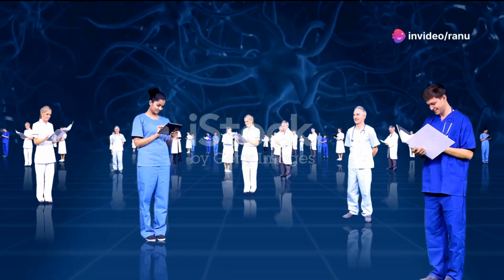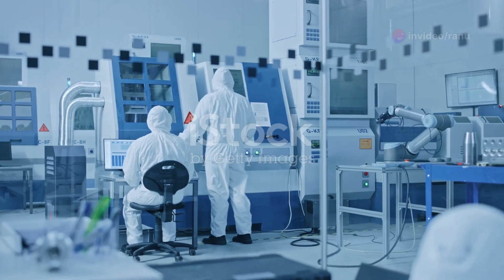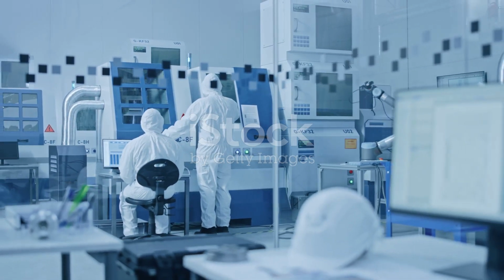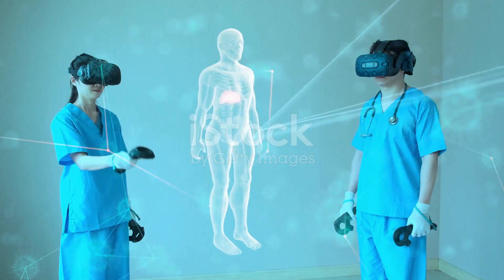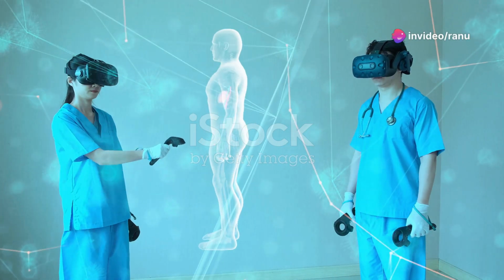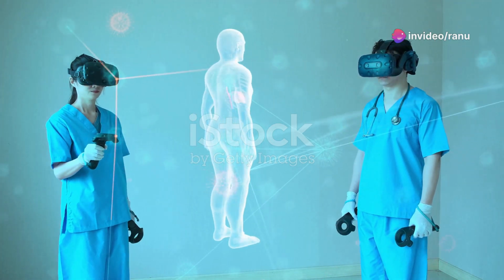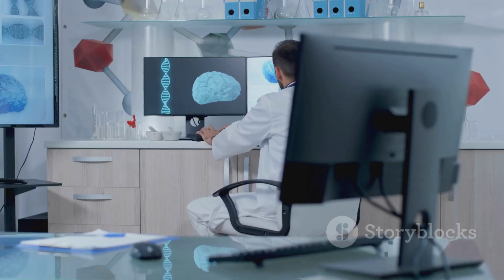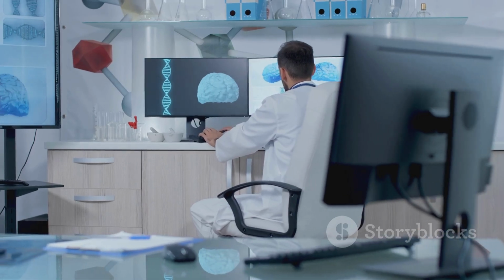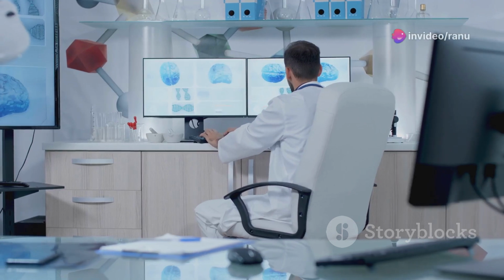Healthcare is on the cusp of a revolution. Advanced manufacturing techniques are transforming the way we diagnose, treat, and manage diseases. These technologies, once confined to science fiction, are now a tangible reality, offering unprecedented possibilities for improving human health. From three-dimensional printed organs to nanoscale drug delivery systems, the future of medicine is being shaped by the innovative tools